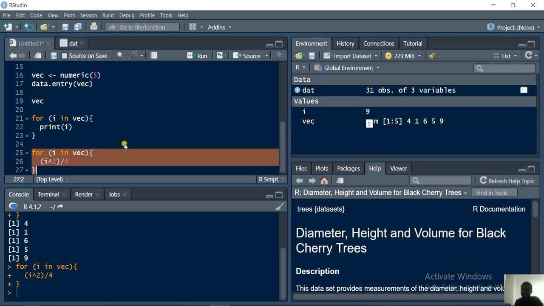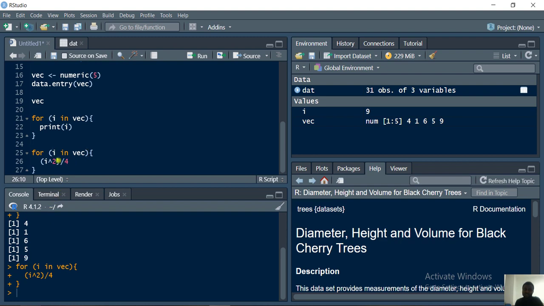What happened is that, don't forget, I said i takes the value of each of the values we have in vec. So for the first iteration, i takes 4, it goes round, prints this whole thing, goes back again, prints it, goes back again, until we have this 9 last value, which is what we have for i. So in case you want to see what is going on underground inside the loop, what you need to do,